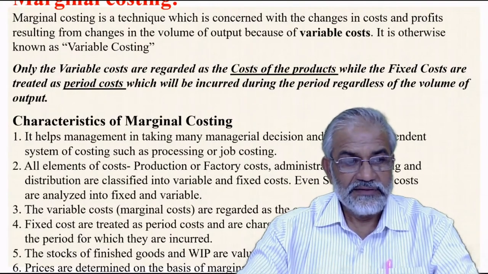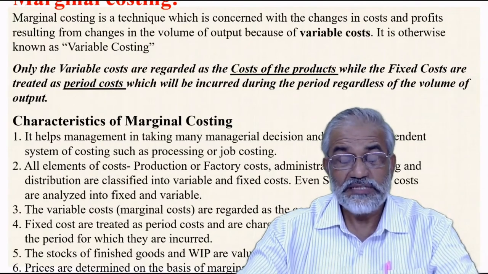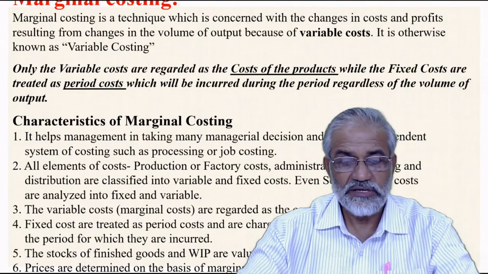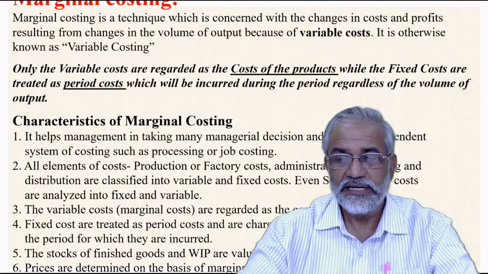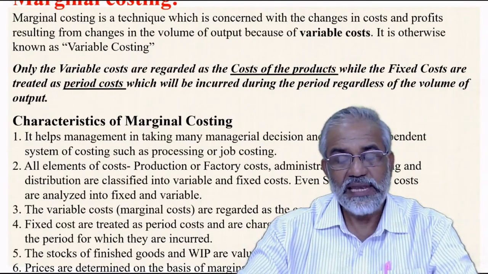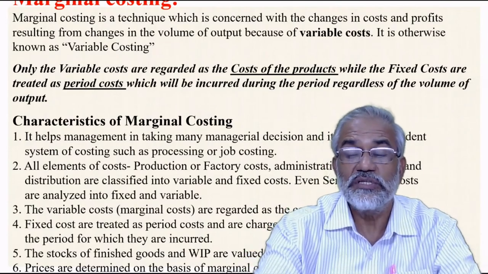I'm reiterating, the stocks of the finished goods and work in progress means the semi-finished goods, semi-finished stocks, which are in the process of production, which has not yet completed, it has not attained its final step. Both of them are valued at the marginal cost only, or only the variable cost is taken into consideration for